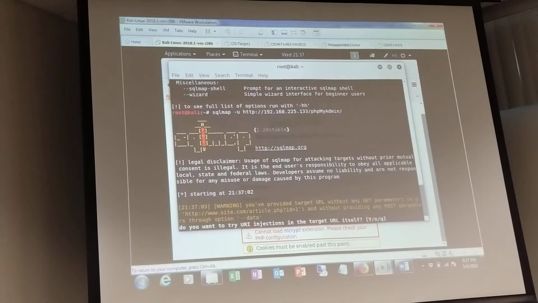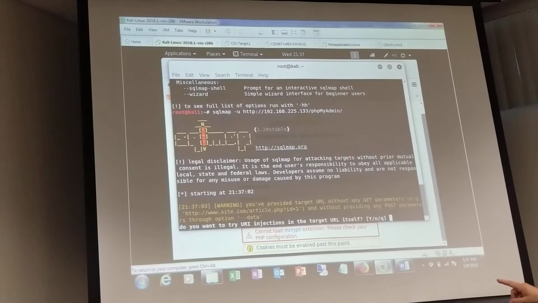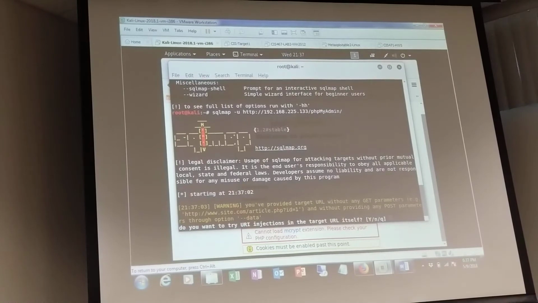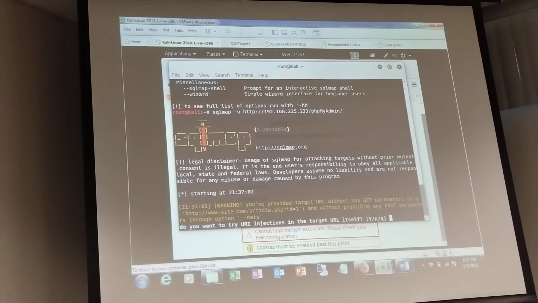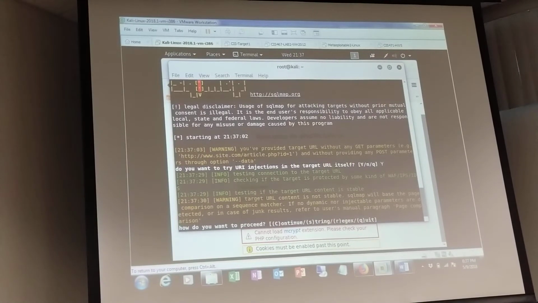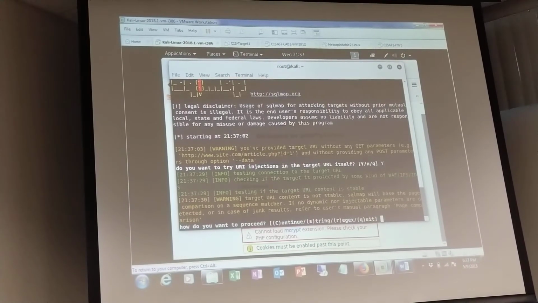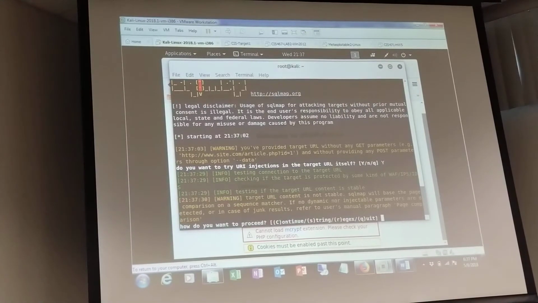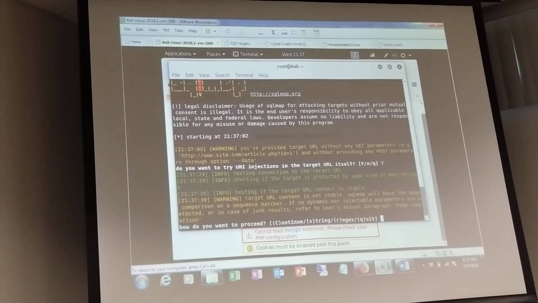Honestly, I think it's going to look for that question mark with the PHP. You want to try URI injections, that's fine. It's kind of a general one. So you have no GET parameters, which is that question mark, without providing any POST parameters through the option --data. Target URL content is not stable. sqlmap will base the page comparison on sequence matcher. So it's going to look at